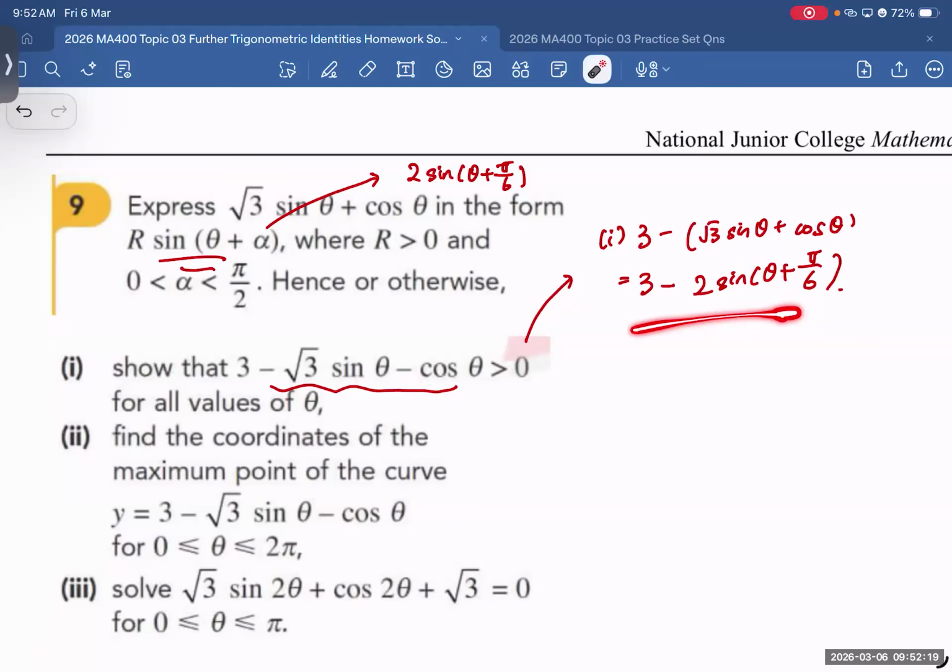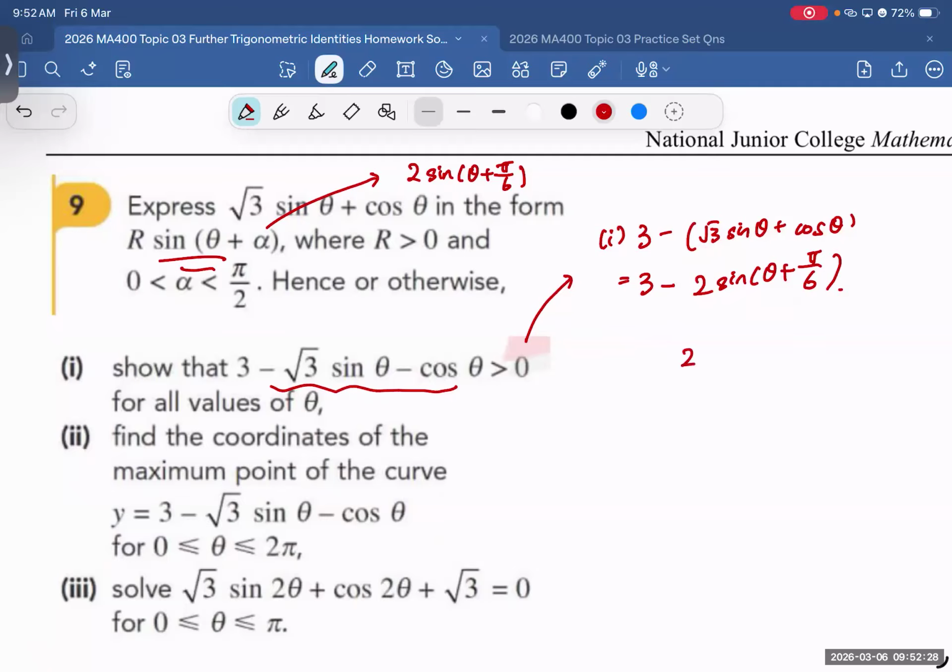It will, right? Because this guy, at its worst, is only -2. 3 minus 2 is 2. Well, we know that 2 sine theta plus pi over 6 will be between 2 and -2, right? So even if I put a negative 2, it's still the same, the limit swaps, still between -2 and 2, right? Now, if I add a 3,